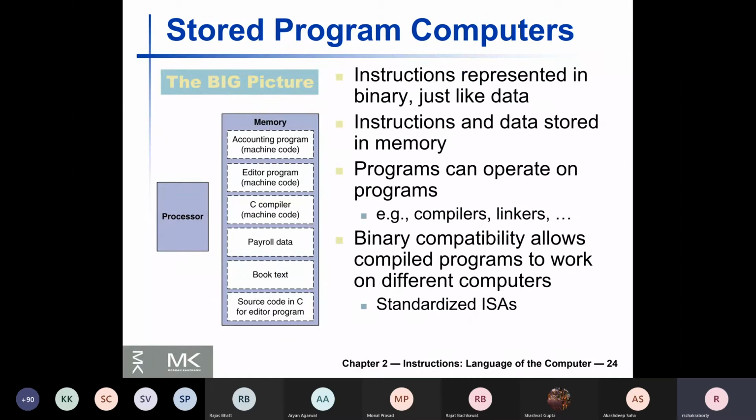Now, as I said, instructions are represented in binary, and instructions and binary data, everything can be stored in the same memory. This was also a major breakthrough of understanding that instructions and the data on which they will work can be stored in the same memory. This gives binary compatibility of compiled programs, if the processor is the same.